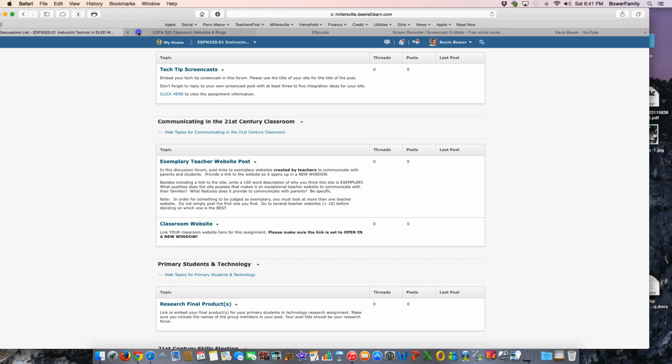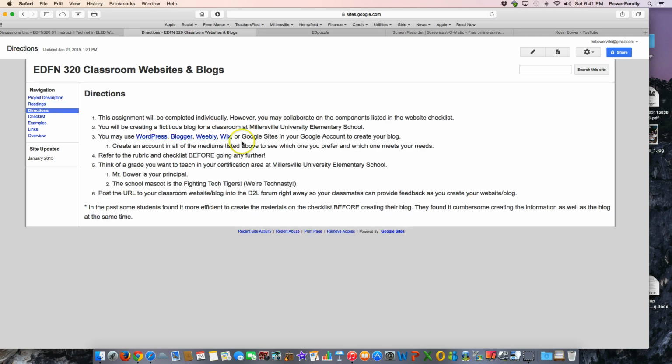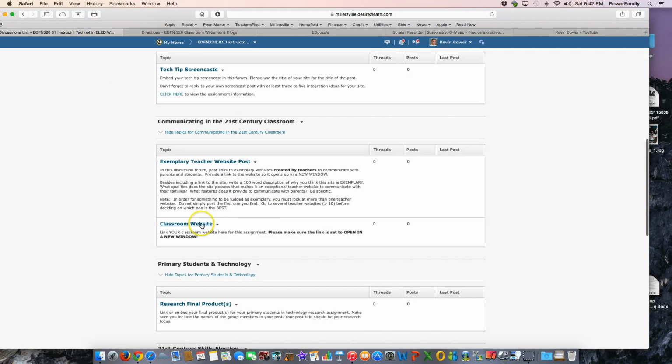So what we're going to do is create this repository of websites. There are no readings for this. This repository of sites we can look at and take ideas from as we build our own sites throughout the semester. You can choose WordPress, Blogger, Weebly, Wix, or Google Sites, really anything out there that's available to build a website. You're going to create a grade, and I'm going to be your principal. You're going to be at Millersville University Elementary School. We're the Fighting Tech Tigers. Right? And then you're going to create this site, and post the URL right away into